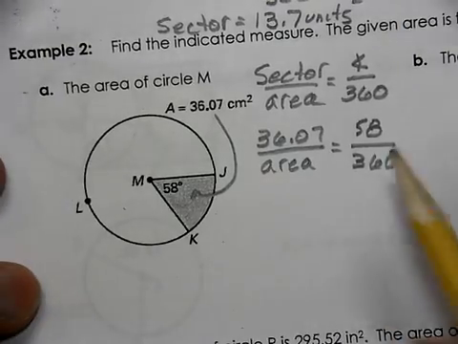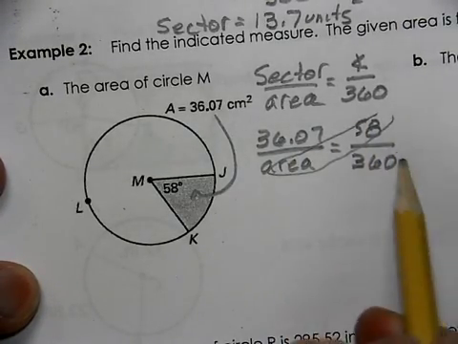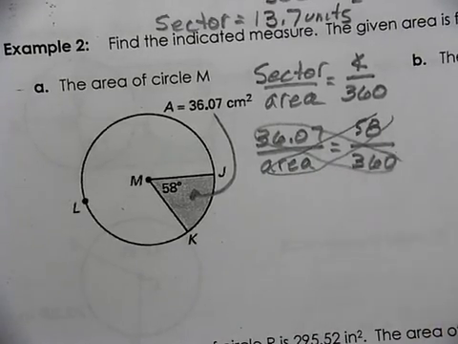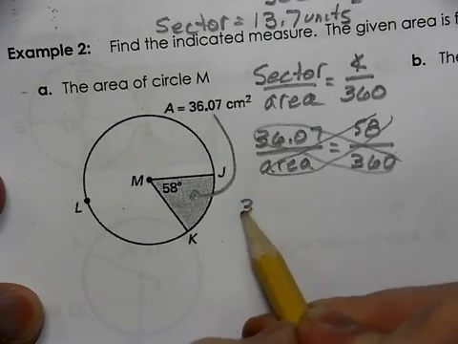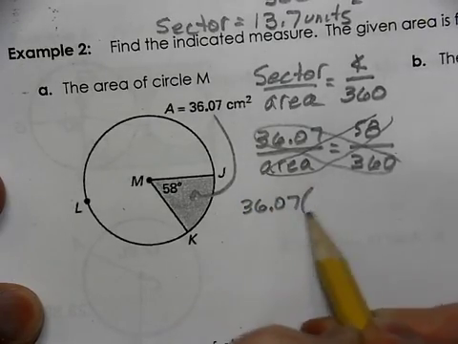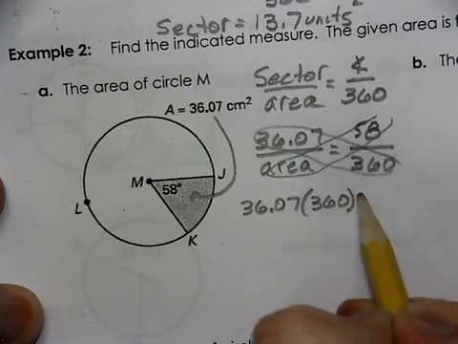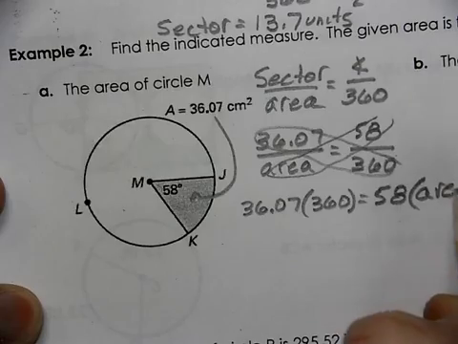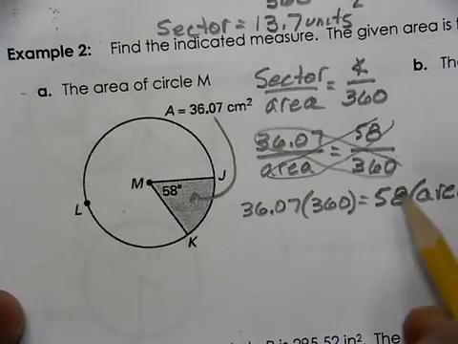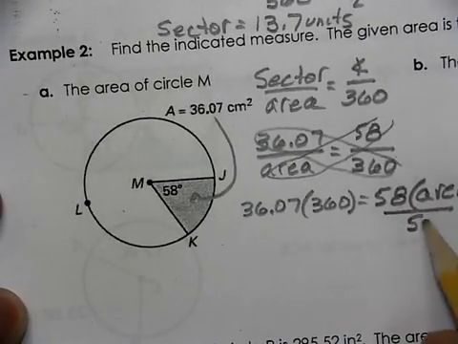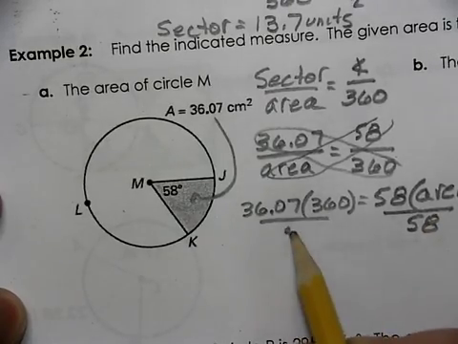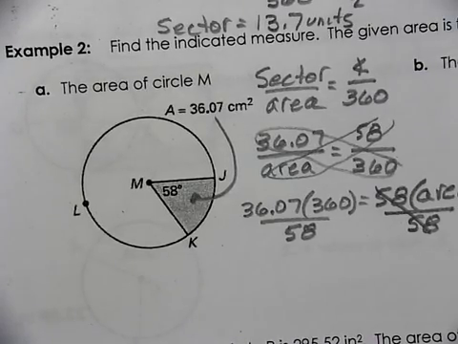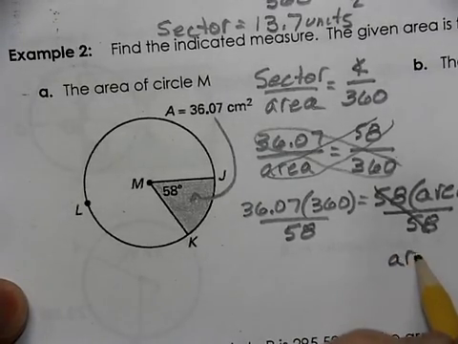So when you solve this proportion, we would need to cross multiply both directions because we're trying to solve for area and we need area on top of the fraction. So the sector area times 360 is going to equal the 58 times the area of our circle. We'll divide by 58, and that crosses that out. So the area of the circle